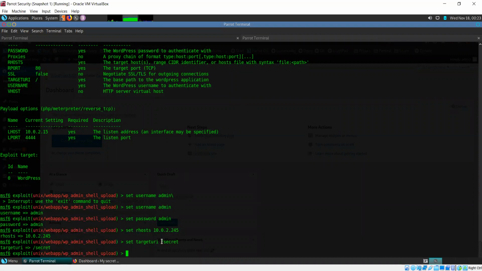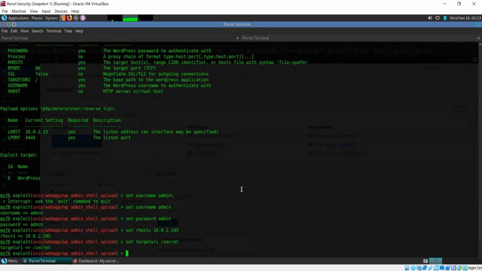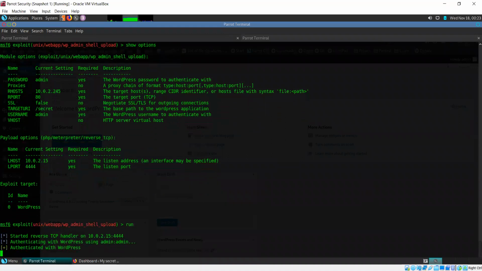But the secret portion, that is where our WordPress website is. Let us check the options once again to ensure that everything is correct. Password admin, username admin. Okay. Now we can run. Let's try and run it now.